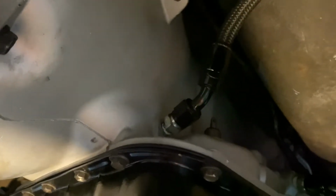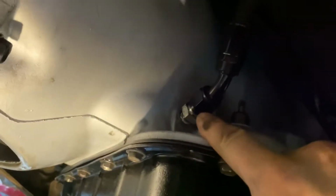So to clear the shifter cable, I have a 45-degree fitting, and you have to have it pointed upwards. And then this is a 1/4 inch MPT to -8. And then back here, I have the same thing, a 45